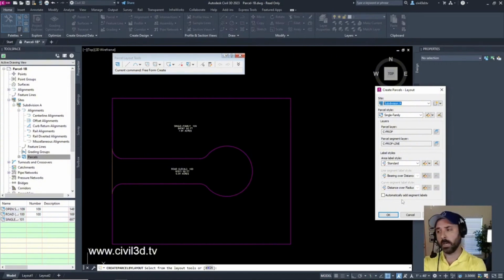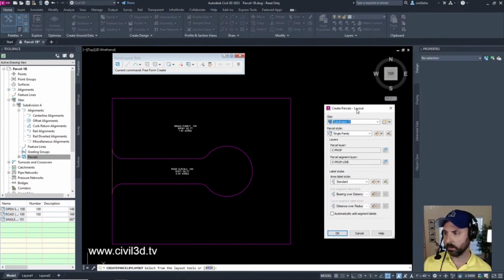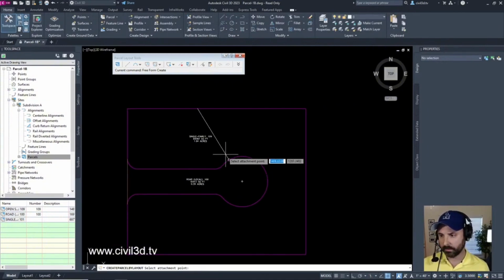With Civil 3D, if something is difficult for people to learn, they're just not going to use it, right? So parcels can sometimes be a touchy subject for most folks. So if you don't really know it quite yet, don't feel alone, because a lot of people struggle with it. Just to let you know.